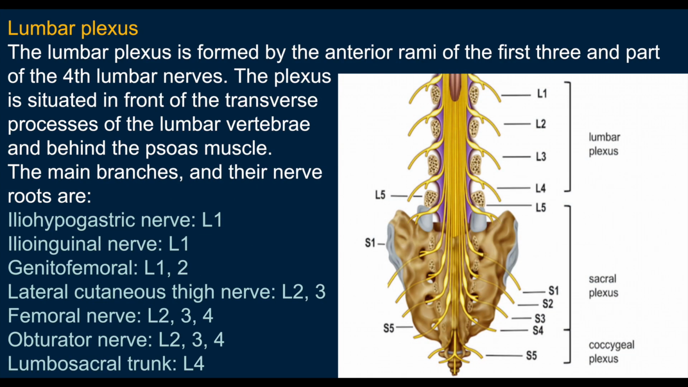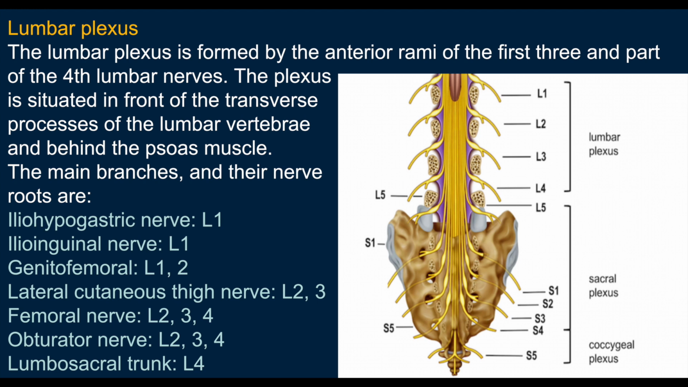Next is the lumbar plexus. The lumbar plexus is formed by the anterior rami of the first three and part of the fourth lumbar nerves. The plexus is situated in front of the transverse process of the lumbar vertebrae and behind the psoas muscle. The main branches and their nerve roots are